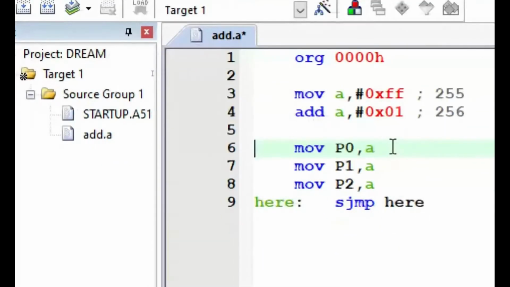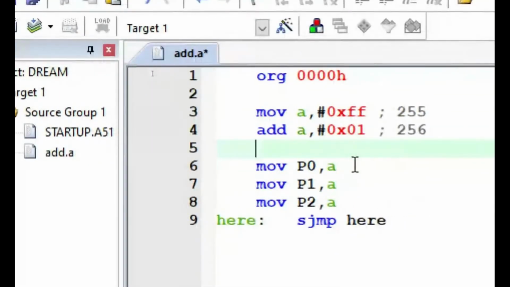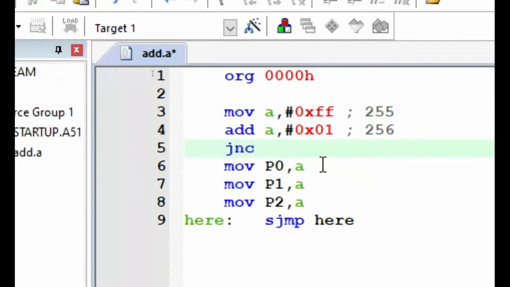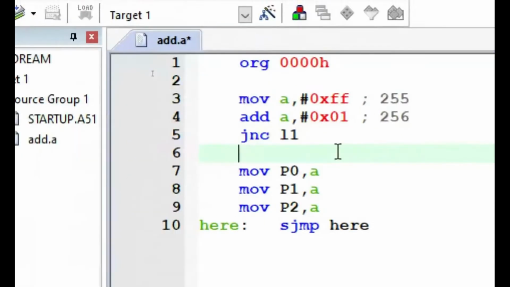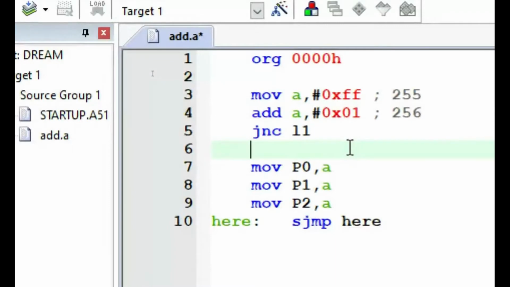So you can see I am using a conditional statement. I hope you have seen the data sheet. In the data sheet, there are Boolean instructions as well as conditional instructions. There is an instruction called jump no carry, JNC, and I am giving it as loop 1. If there is no carry, jump to loop 1.